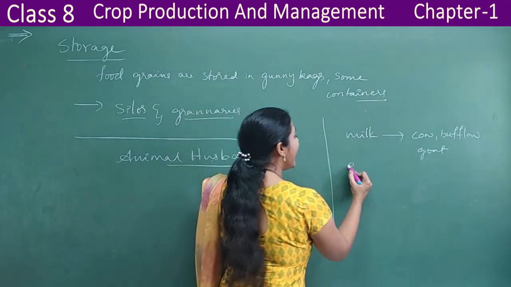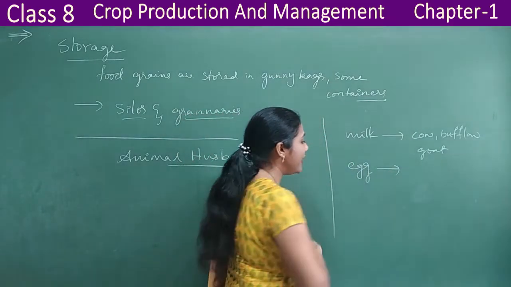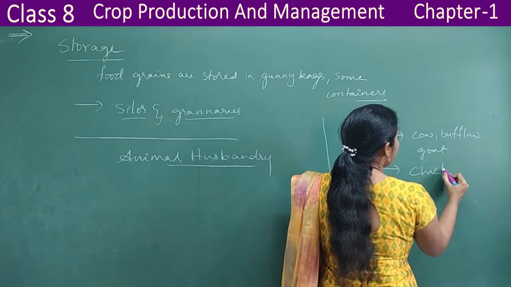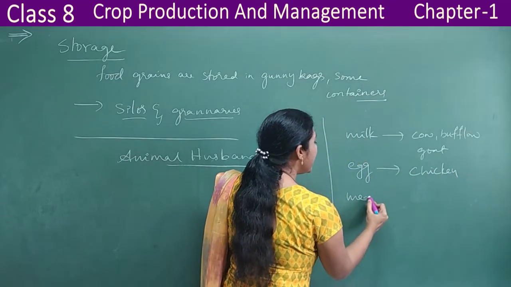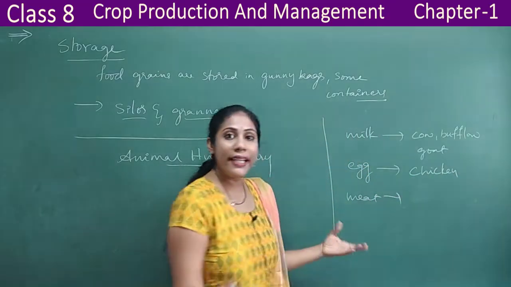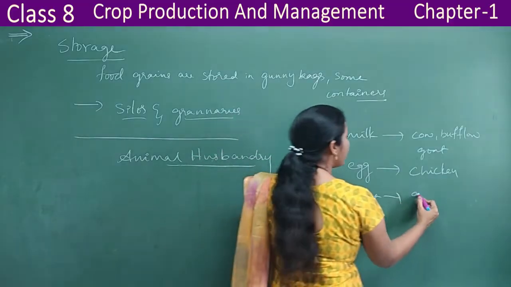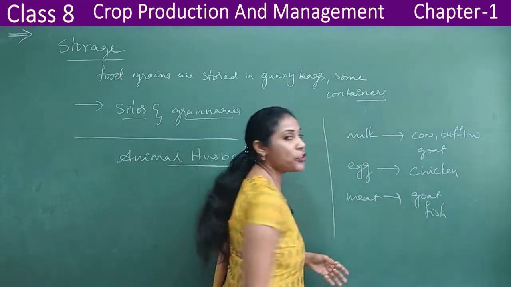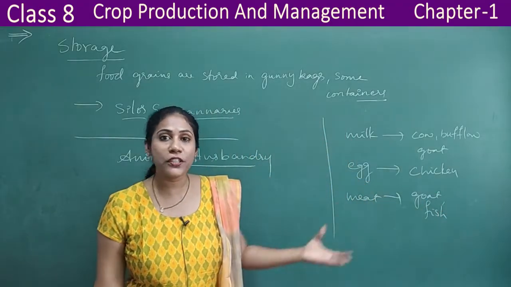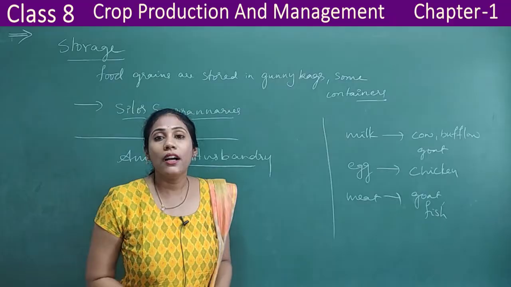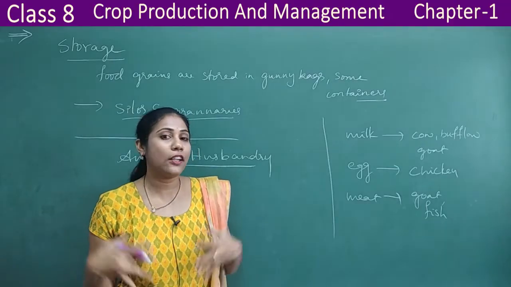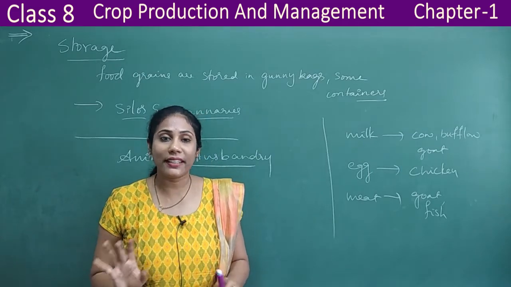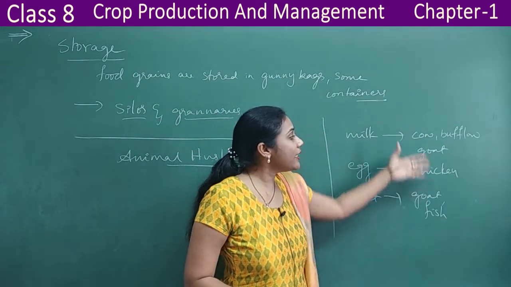Right? And how do you get eggs? Eggs are a source of protein. Eggs you get from animals like chicken. And how do you get meat? The meat that you eat is also from animals, from goat, right? And you eat fish. In some coastal areas, people do eat fish. We all know fish is very healthy for the body. It gives lots of protein and different essential fatty acids required for the body, right? All these food items you get from animals.